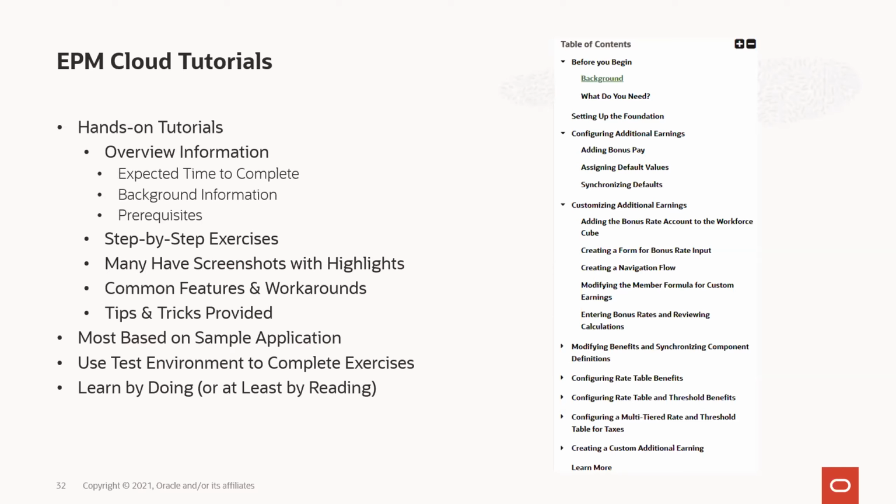So that's, I think I had that on a previous screen. So I've got a hyperlink to an Idea Lab post that I have out there with the sample applications for the modules, as well as strategic workforce planning and sales planning. You can take a backup of your test environment and download that, delete the app there, and upload our sample application and actually go through these step-by-step tutorials to help learn what you're doing. So again, if it's better to learn by doing, you have the ability to do that. There are lots and lots of tutorials. We continue to add those as we go forward.